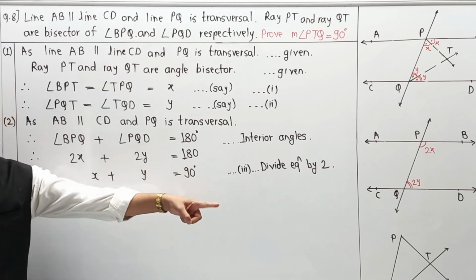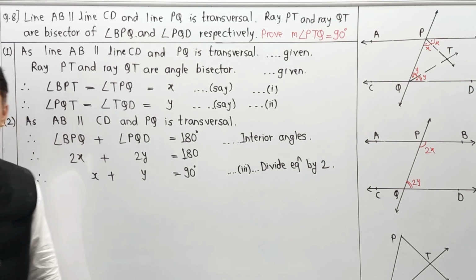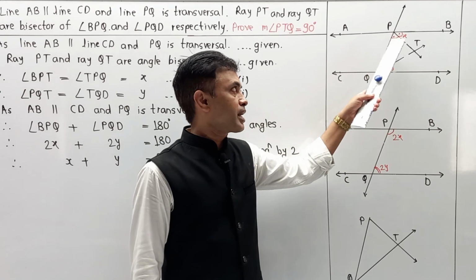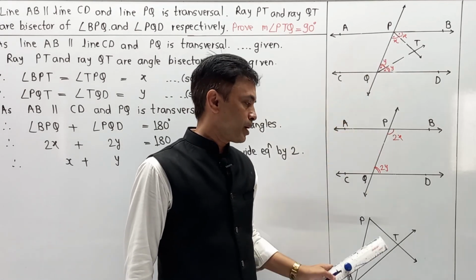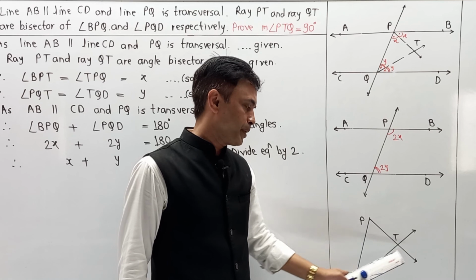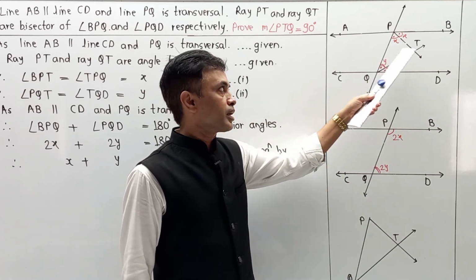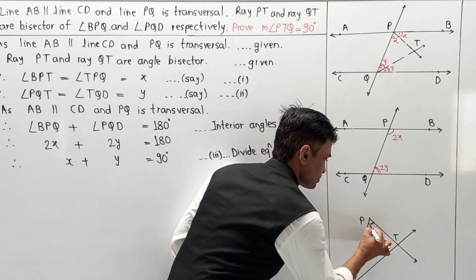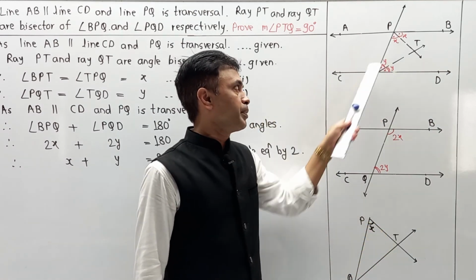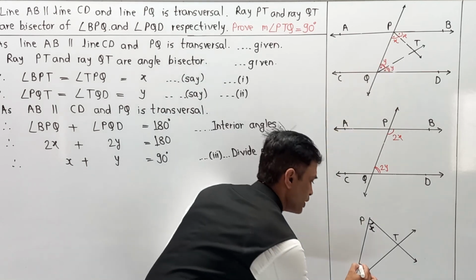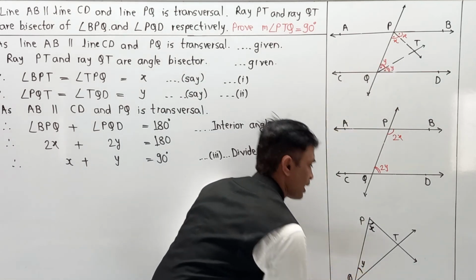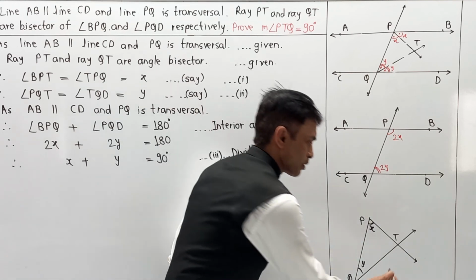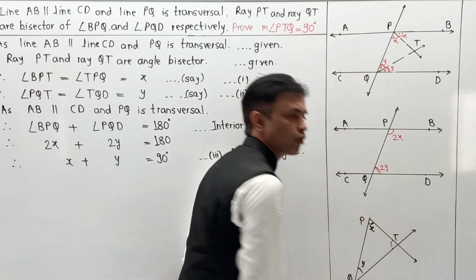Now we are getting one logic, that x plus y is equal to 90, and we are using this logic for the third triangle. Now what exactly is that third triangle? Once again please pay attention. Here we have taken this triangle PTQ. Your angle TPQ is x, so indicating it as x. Your angle PQT is y, so indicating it as y. And the third angle, angle PTQ, we have to prove is 90, but we are going to find its value.